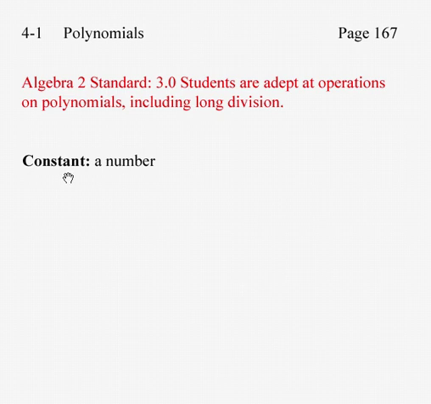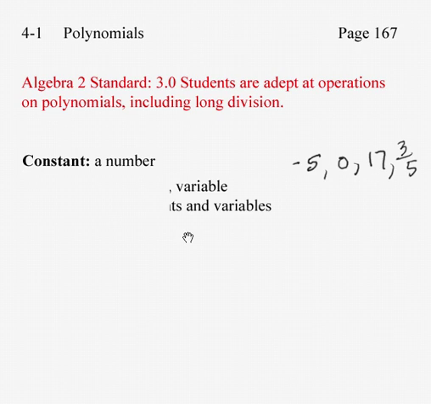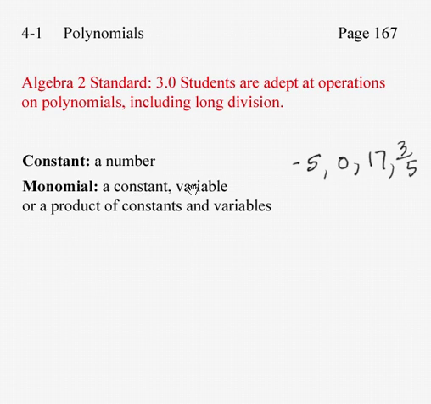A constant can be defined as a number. So for example, -5 is a constant, 0 is a constant, 17 is a constant, 3/5 is a constant. A monomial is either a constant or a variable or a product of constants and variables. Remember that product means end result of multiplication. So 3 times x squared times y times z cubed is a monomial. But a constant is also a monomial, so is 2 a monomial, and a variable, so that makes x a